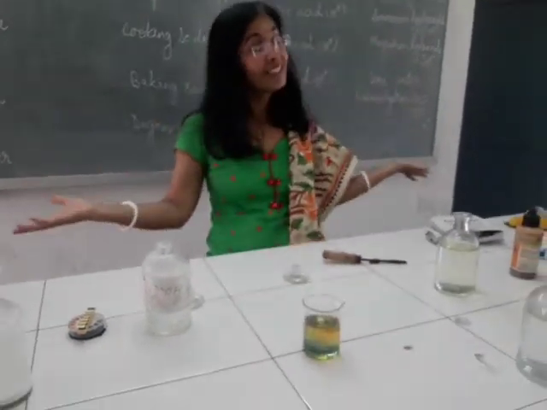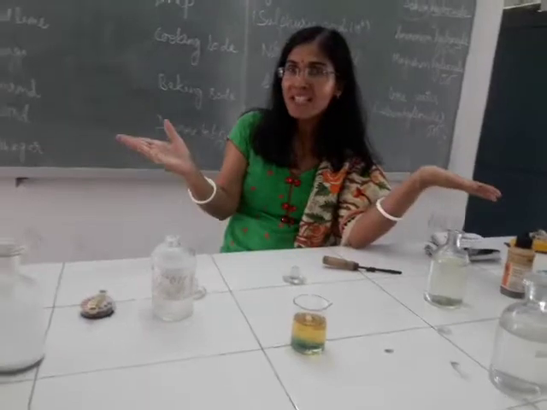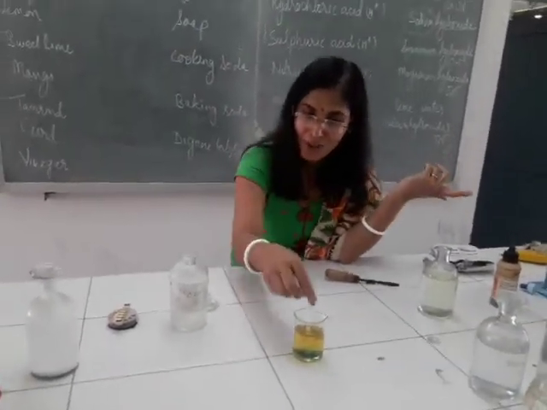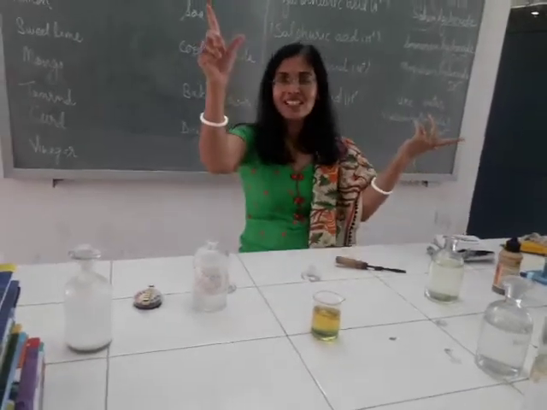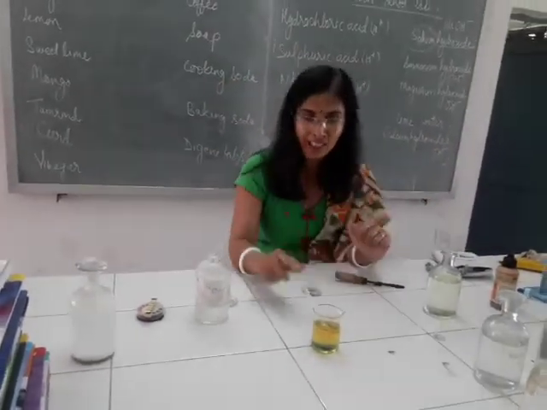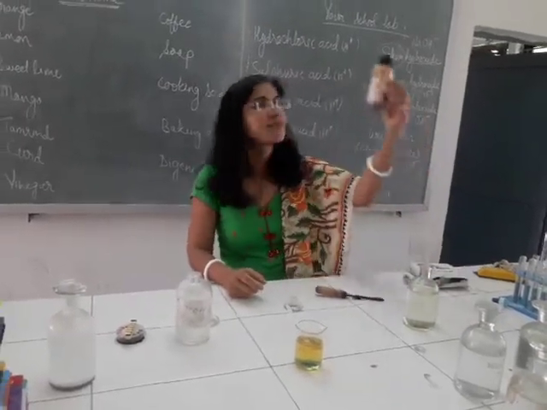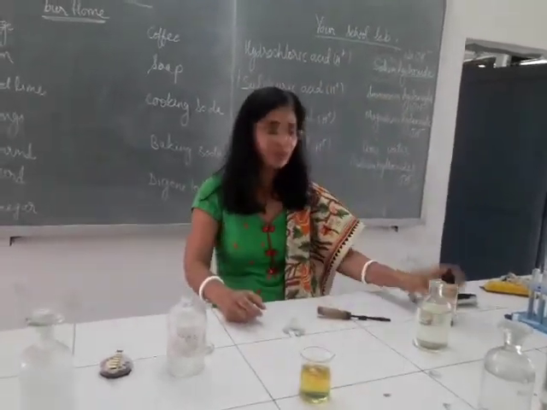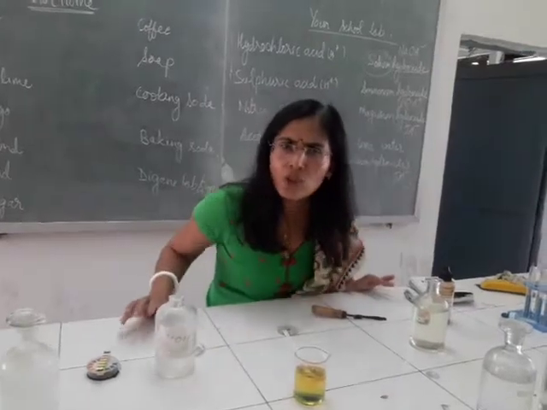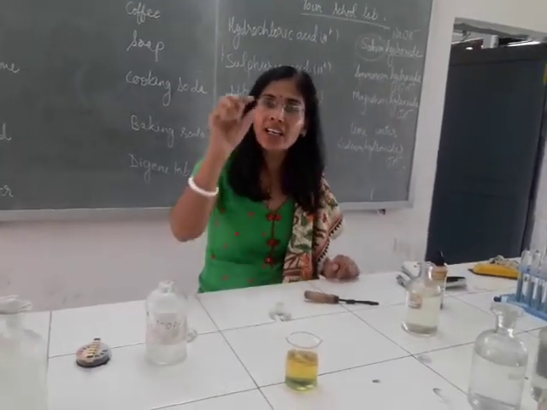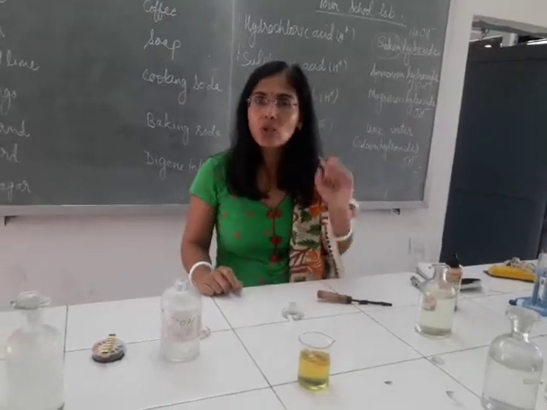So here, children, I am a chemist, and what's my occupation? What's my job? My job is to play with the chemicals. So children, you can also make this chemical rainbow at your home. What all you need is universal indicator. Vinegar you must be having at your home. You can make use of that. And to change the color, you can make use of your cooking soda, children.